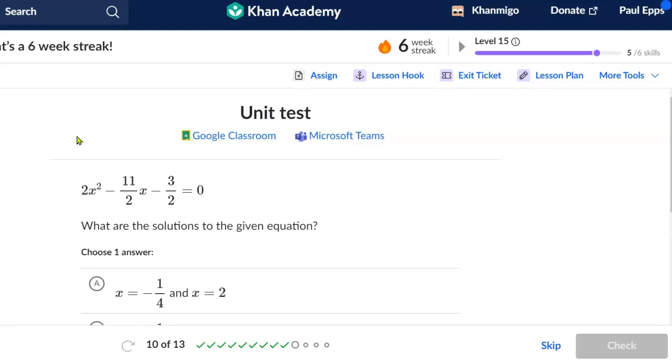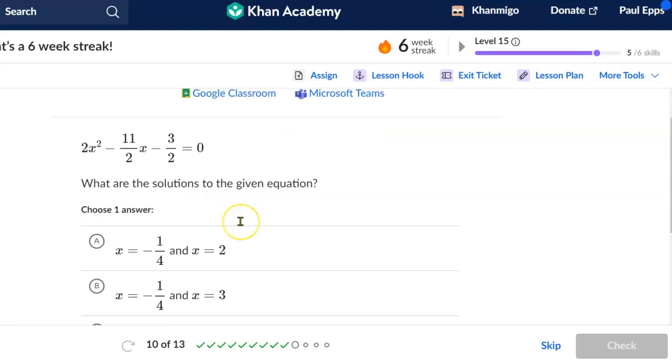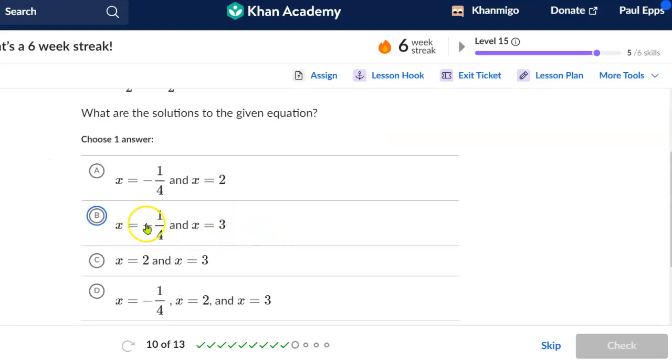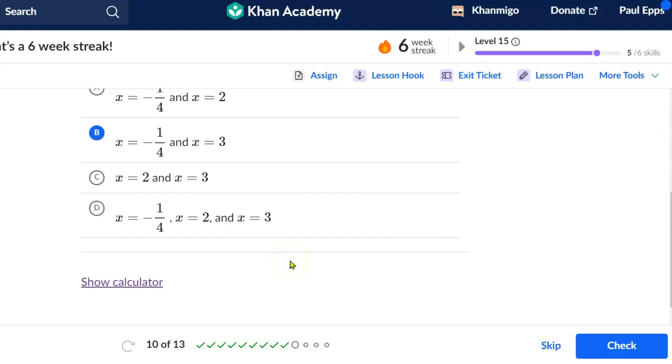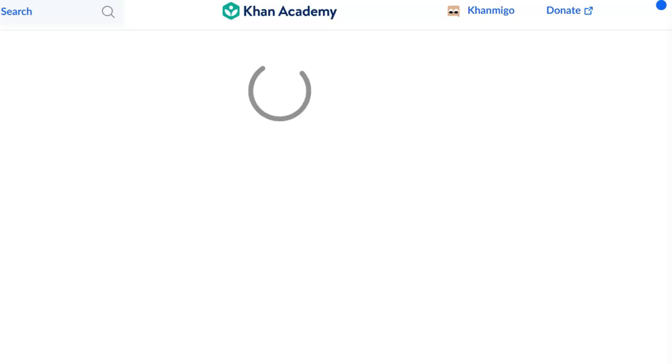I actually paused the recording and did the factoring, but that tells us that the solutions are going to be negative 1/4 and 3. Is that an option? Negative 1/4 and 3. Yes, it's B. But I wouldn't do that on the SAT. I mean, if they give you the calculator,